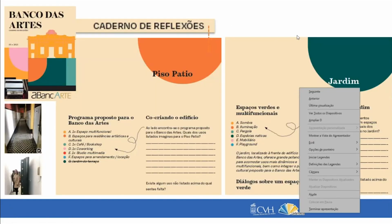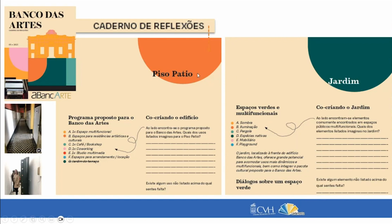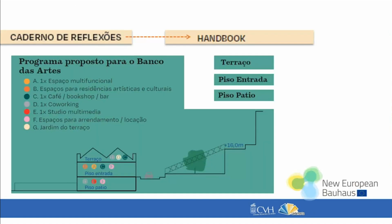And with the help of technical assistance, we did this. It's called in Portuguese Caderno de Reflexões, and it means how we can think about the building. So this was the image of the caderno and the book. People were going around the building, meeting the building. What could we do here? What could we do there? And then these reflections were translated into a handbook where we had this program, like multifunctional spaces for